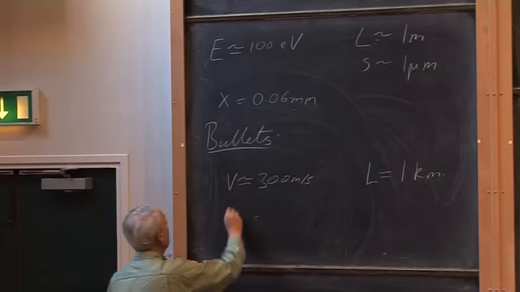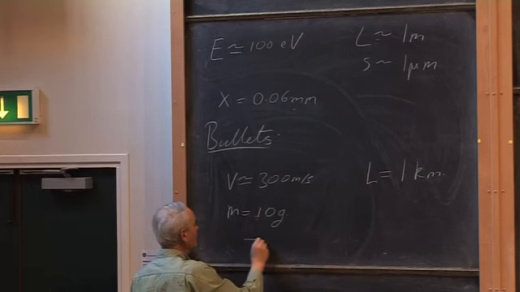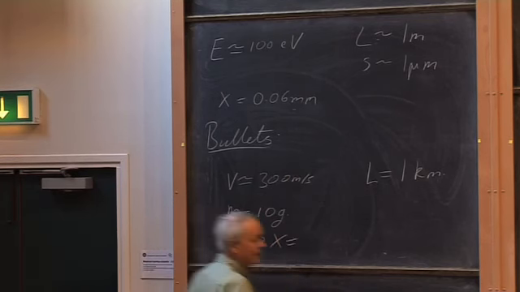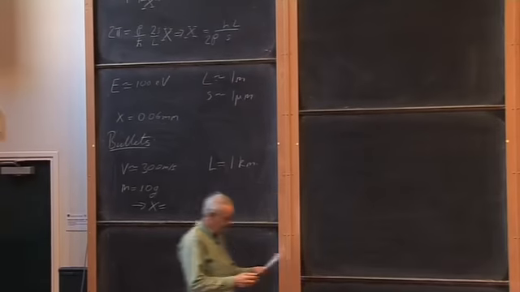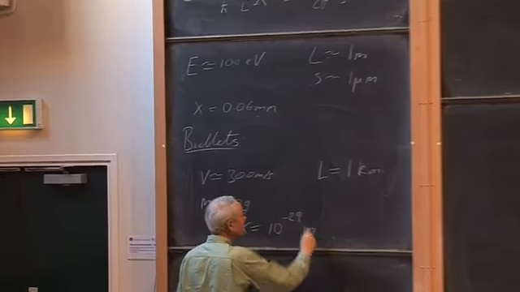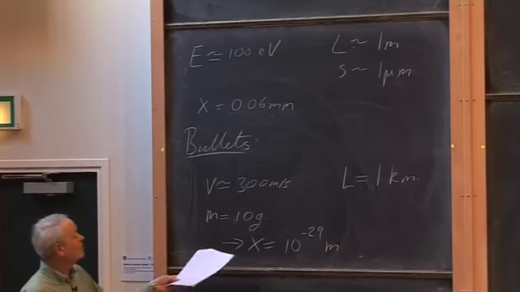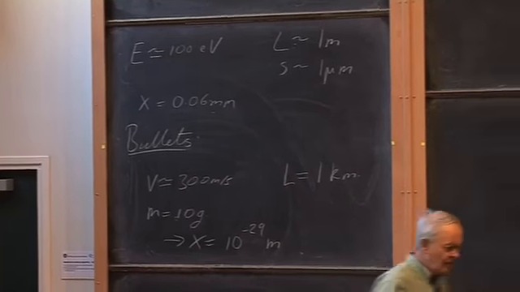And if we took the mass to be 10 grams, put it into the same formula, we discover that X is some ridiculous figure, 10 to the minus 29 meters. So it's obvious that you cannot observe this interference using anything like a bullet, any kind of macroscopic object,